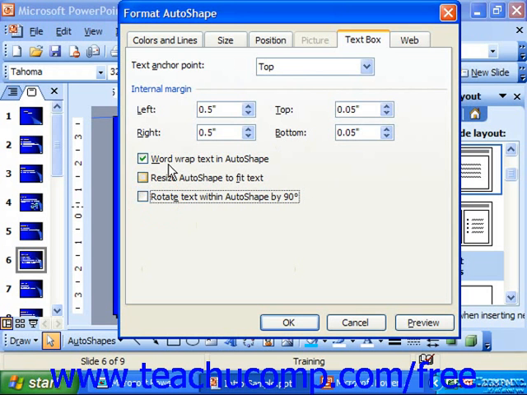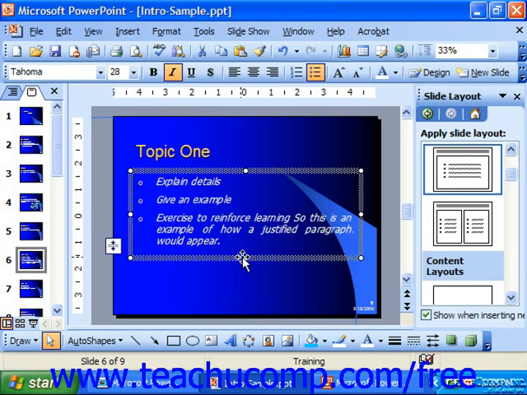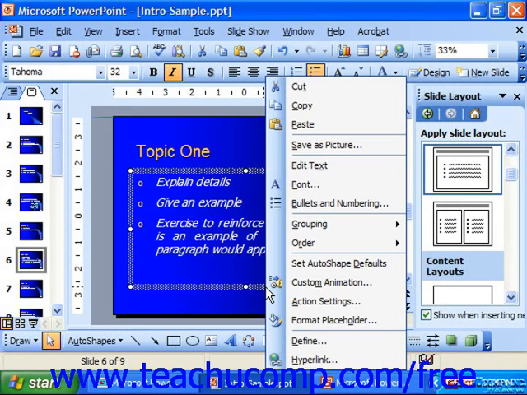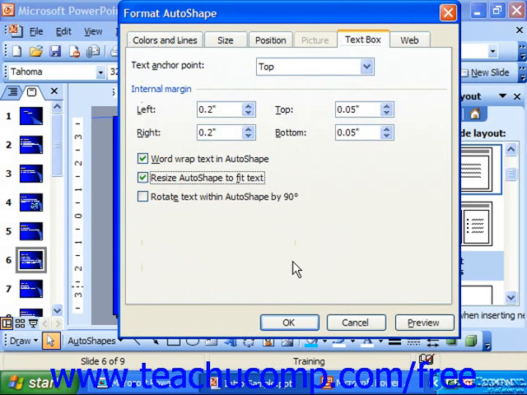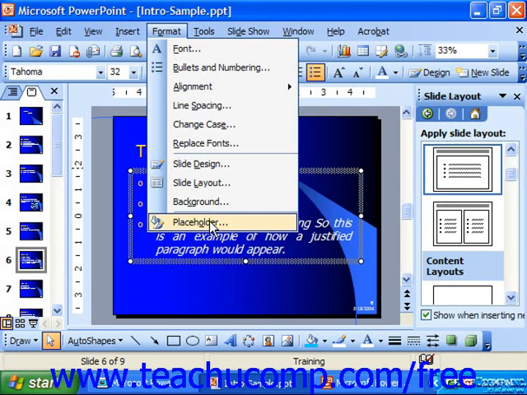Also, some people ask, why are you not able to vertically resize certain types of text boxes? Well, if a text box or a placeholder has the Resize AutoShape to Fit Text option selected on the text box tab, then you will not be able to vertically resize the box because it's set to always fit to the text. So if that's occurring to you and you're finding it frustrating, select the object, choose Format, Placeholder, or